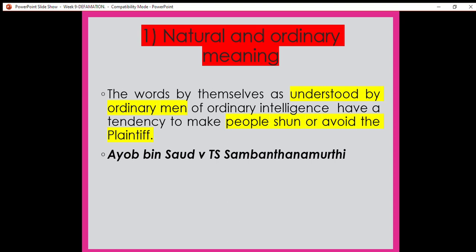Okay, refer to what the court held. The court held that the words used are of general abuse. It means that they referred to surveyors in general, and they did not have the tendency to cause reasonable men to avoid the plaintiff, and therefore the words are not defamatory. So in this case, the court concluded that the words used by the defendant are very general. They refer to surveyors in general, and therefore it does not constitute defamation.